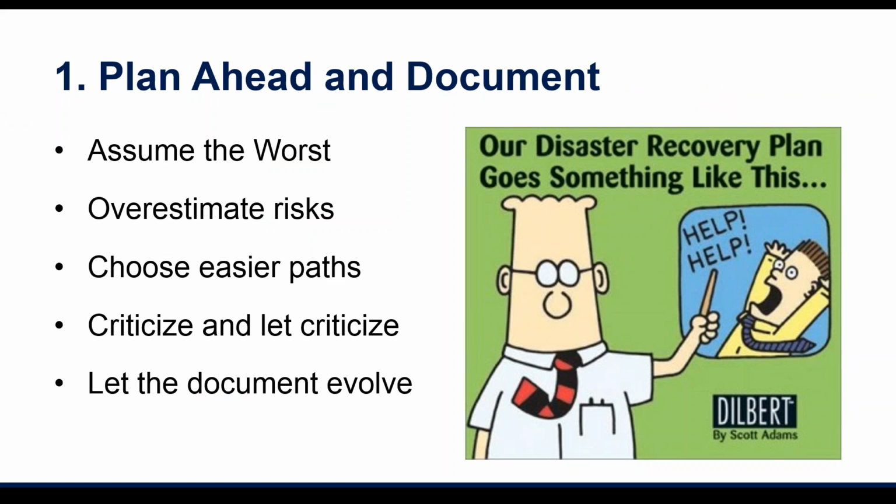So plan ahead. The first thing you need to do is assume the worst. Overestimate the risk. Even though you're going to be solving for the smoke and rubble scenario, or the Superstorm Sandy that completely floods your facility, you're going to plan for the worst, but you also have to plan for, what if I just lost a set of servers that maybe ran an application stack? What if I just lost one server?